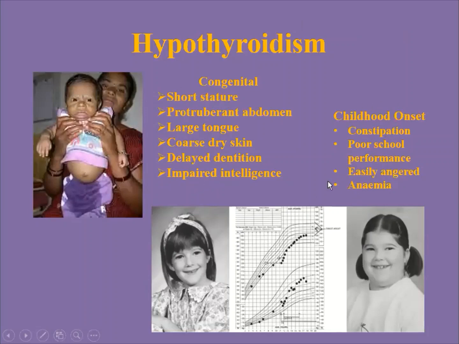So here is childhood. The child is okay, and then in mid-childhood, the child develops hypothyroidism, usually due to autoimmune Hashimoto disease or something. So this child, she's 7, she's growing up. Somewhere here they have detected it. Now you can see her growth is deteriorating, and somewhere here they have detected it and started treatment, and she's growing up.